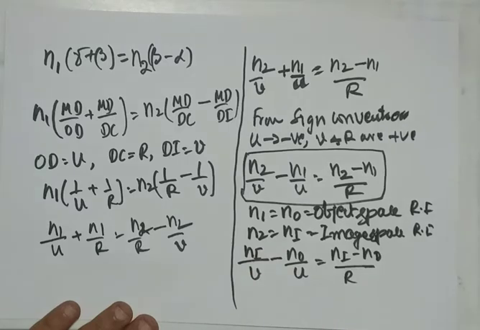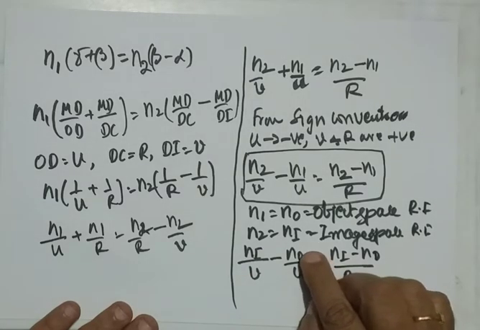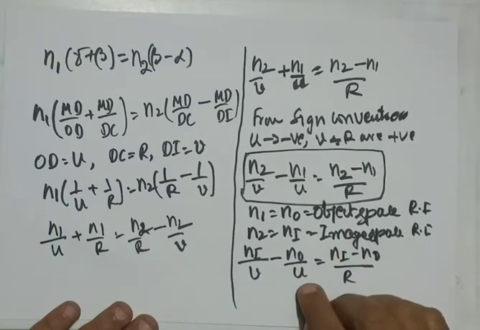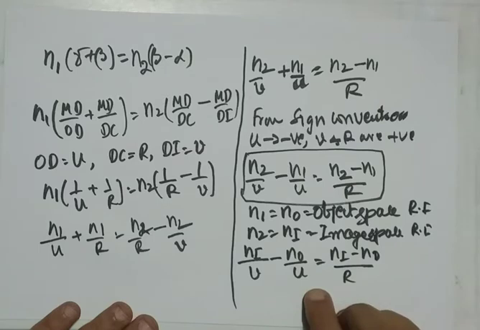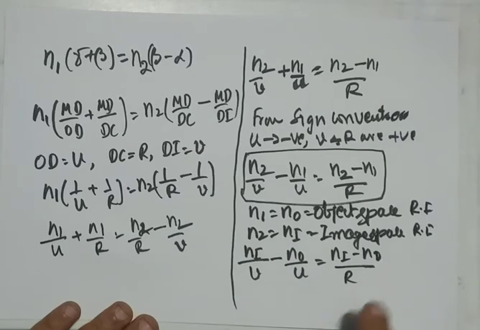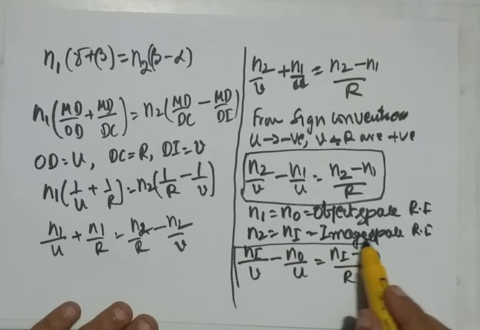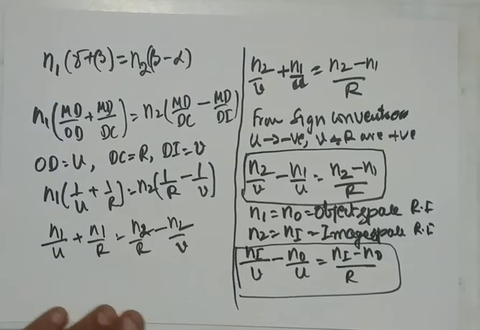Observe, both are related to image. No, the object space refractive index divided by object distance, where O is object, both denominator and numerator are related to object. So this is the formula for curved surface refraction, the final formula. It is valid for all the cases. That means if the surface is concave towards denser or concave towards rarer, in such cases.